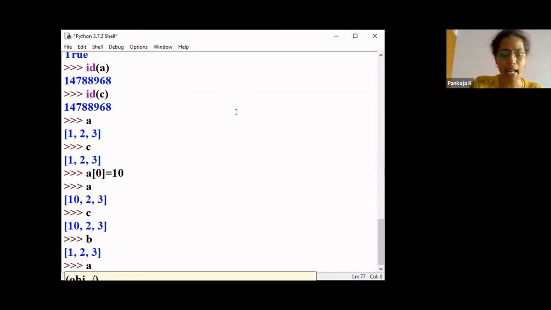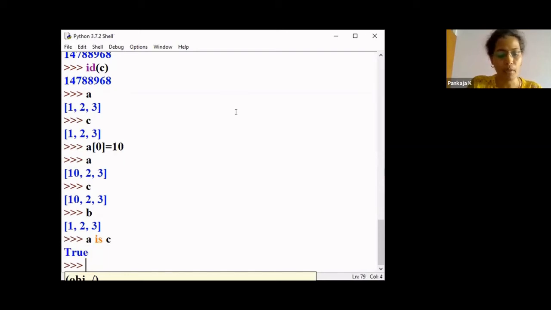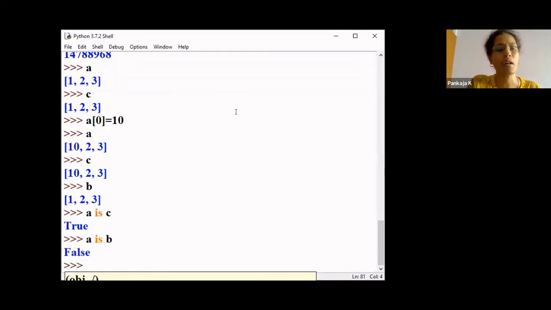Now, if you say A is C, what should you get? You should get the answer true. Now, if I say A is B, what answer should you get? You should get false, right? Because it is a different object.